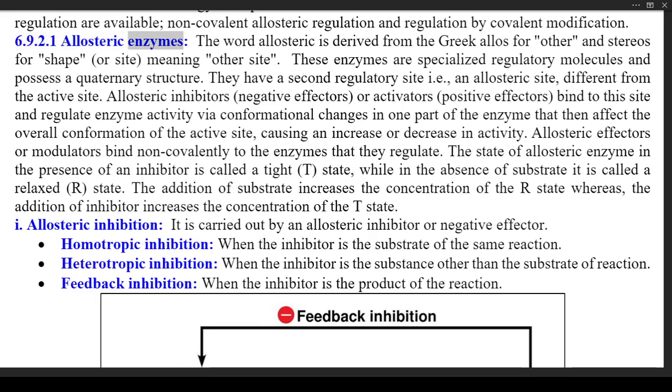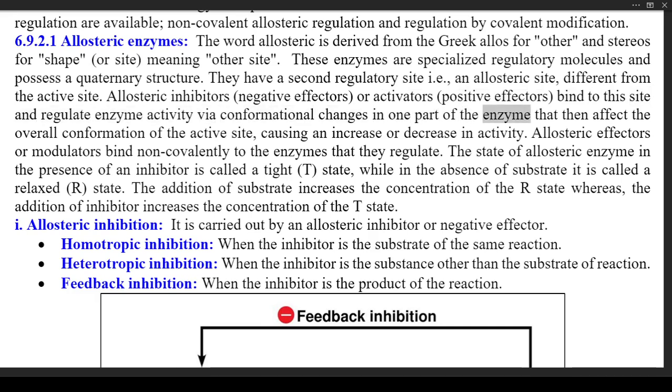6.9.2.1 Allosteric enzymes. The word allosteric is derived from the Greek allos for other and stereos for shape, or site, meaning other site. These enzymes are specialized regulatory molecules and possess a quaternary structure. They have a second regulatory site, i.e., an allosteric site, different from the active site. Allosteric inhibitors, negative effectors, or activators, positive effectors, bind to this site and regulate enzyme activity via conformational changes in